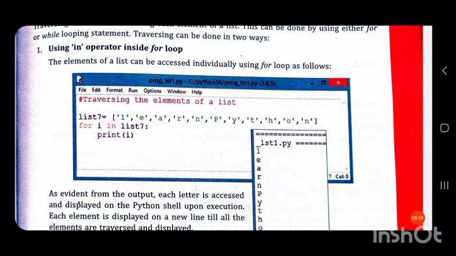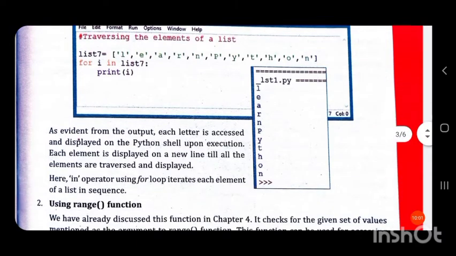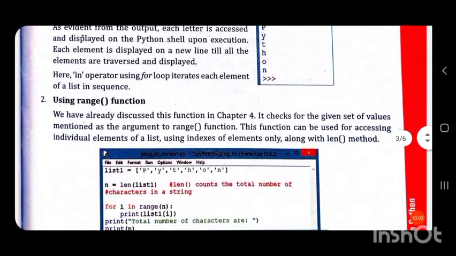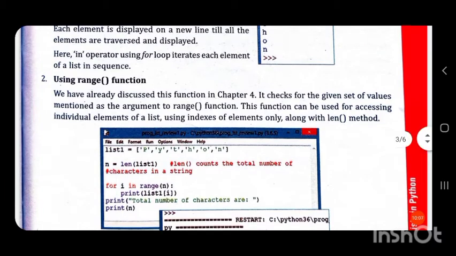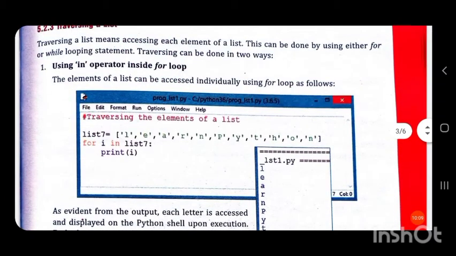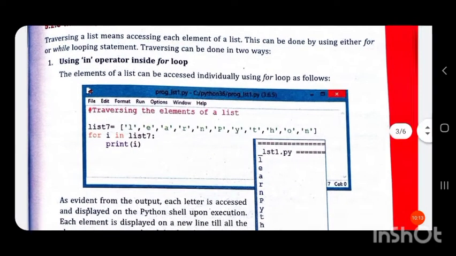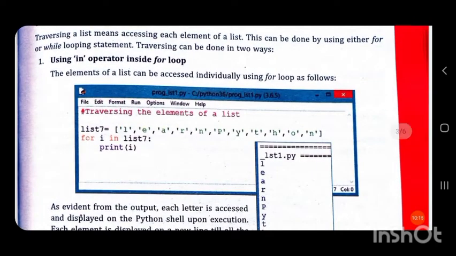And also using a range function. So let us see how we can traverse with the help of the in operator inside a for loop.